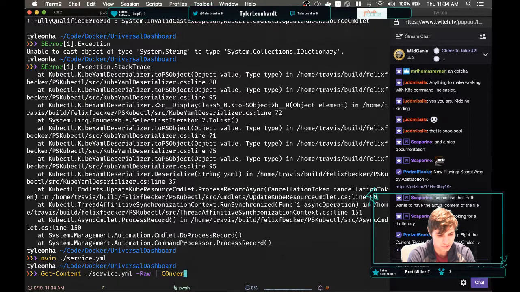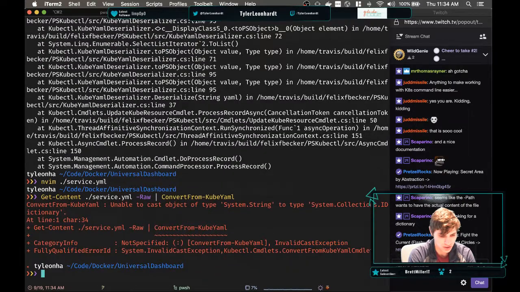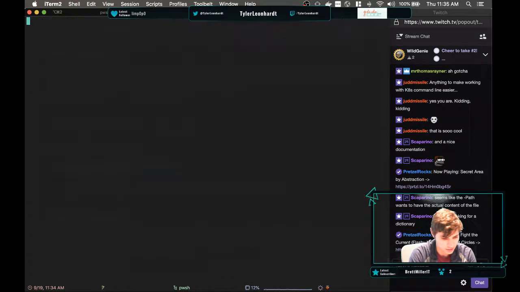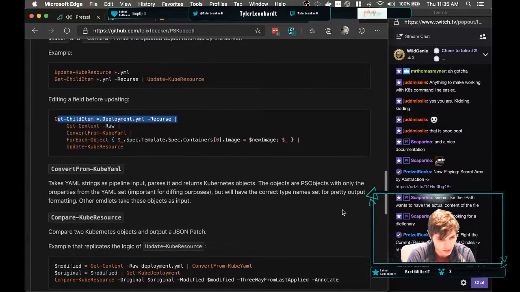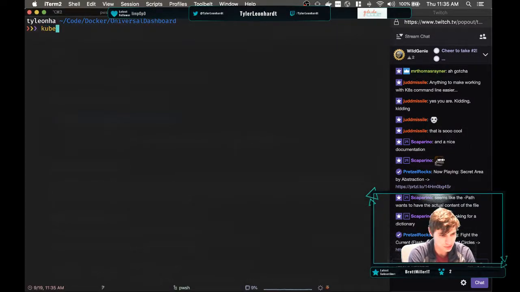Because if I do ConvertFrom-KubeYaml, see, it fails to parse. So all right, he'll have to work on that one. But let us still just use kubectl apply -f service.yaml, and boom,